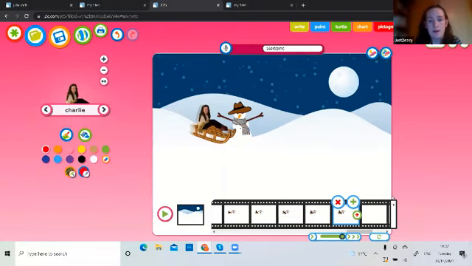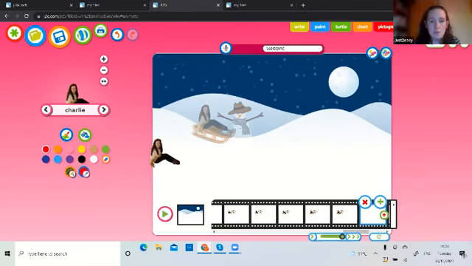And then I want to make the sledge really crash into the snowman. And to do that, I want to have the snowman fall over. So instead of pressing the red plus button to make my next frame, I'm going to press the green plus button. That allows me to copy just the background with nothing in it. But what it will do is show me a ghost of where the images were in the previous frame. This is a technique called onion skinning, and it means that I can see where the images were and where I want them to be this time.